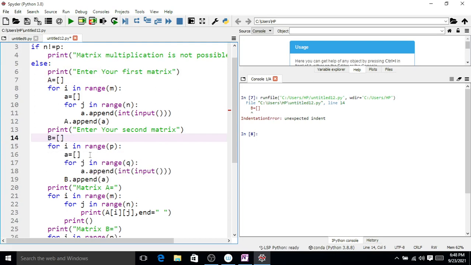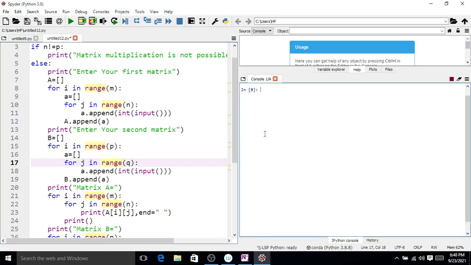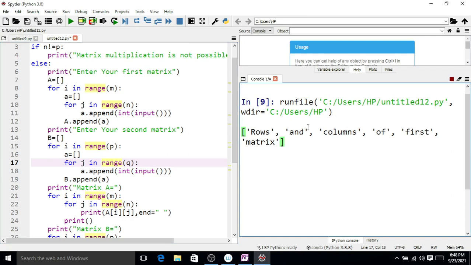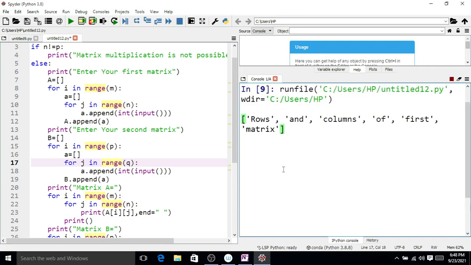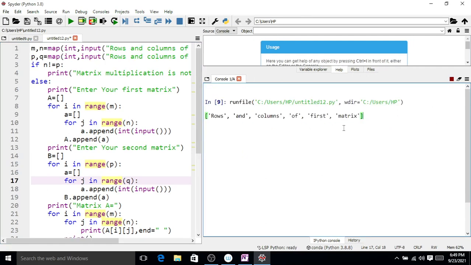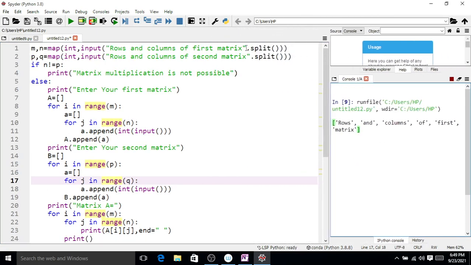Now take here B. Okay, so now again if we run this, there is one more error in the first line, here first dot split, here also dot split. Now if we run